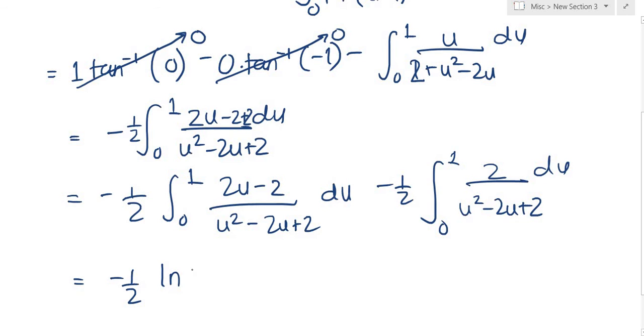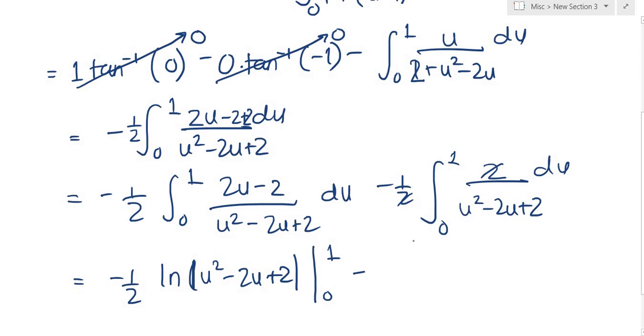The natural log of u squared. Well, it's absolute value actually, because we don't know if it's positive or negative, and we always want a positive inside the natural log. So u squared minus 2u plus 2, evaluated from 0 to 1, minus,